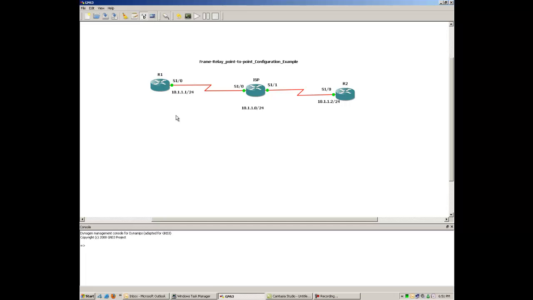Today we are going to discuss frame relay. So in this lab topology we will see how to configure a frame relay point to point connection. As you can see, I have chosen one common subnet, 10.1.1.0/24. Now from the same subnet I have assigned one IP on router 1 interface here and another IP to